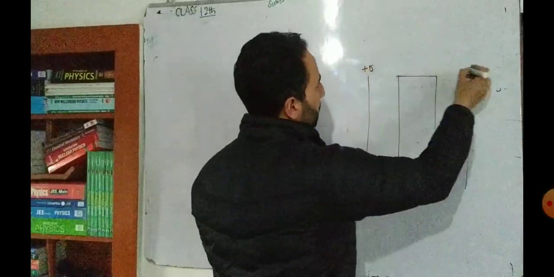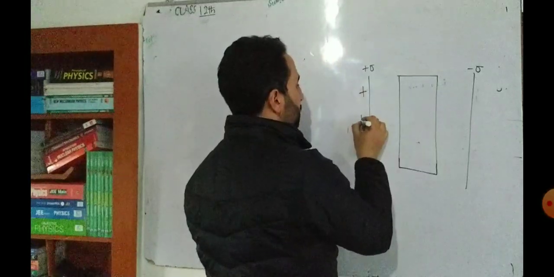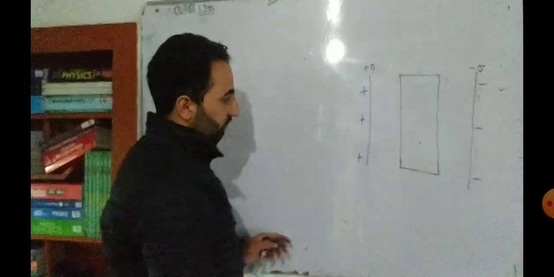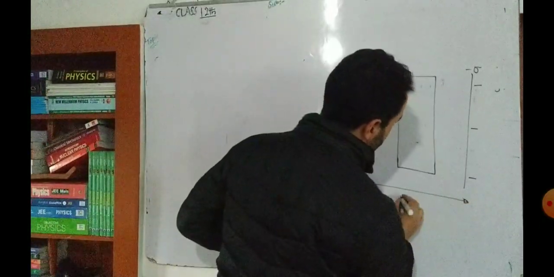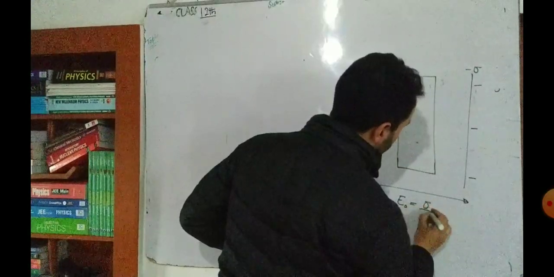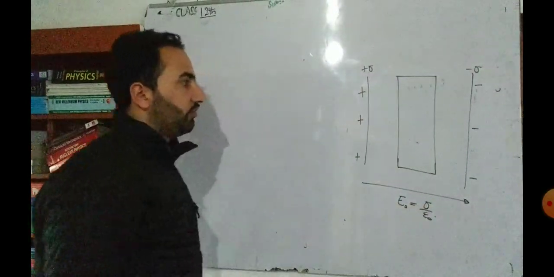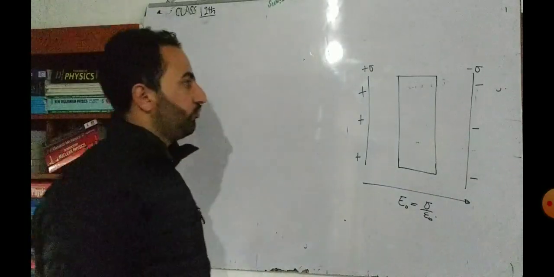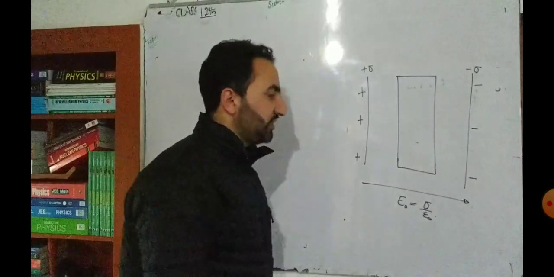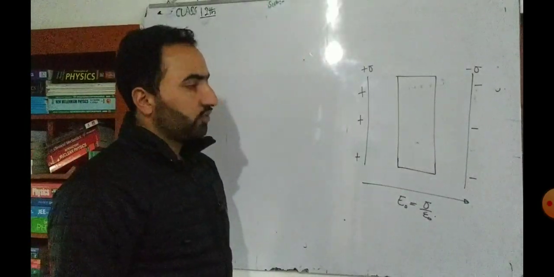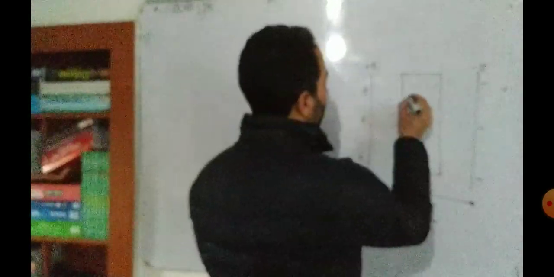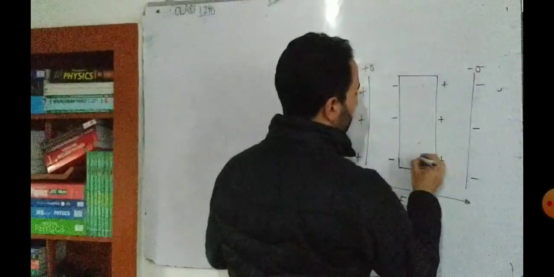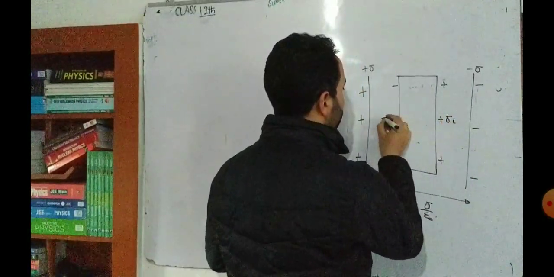Here is plus sigma, and this is minus sigma. So this is a uniformly charged sheet, and this is a uniformly charged sheet like this. In this direction there is an external electric field equal to E naught, which is equal to sigma by epsilon 0, directed from positive to negative. When we place a dielectric, whether it is polar or non-polar, polarization of the dielectric occurs. Polarization implies that there will occur separation of the positive and negative charge. So this face will develop a negative charge, and this face will develop a positive charge, obviously. So here plus sigma I, and here minus sigma I.